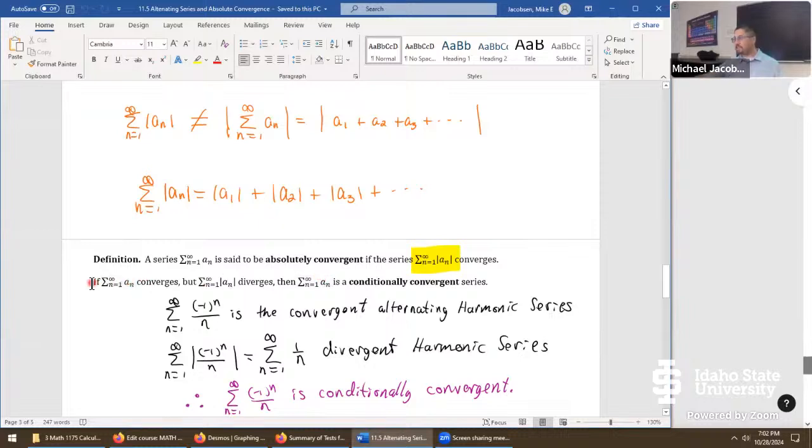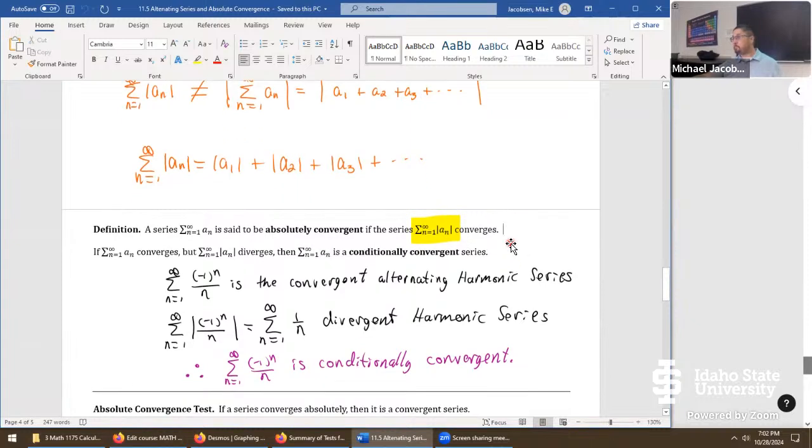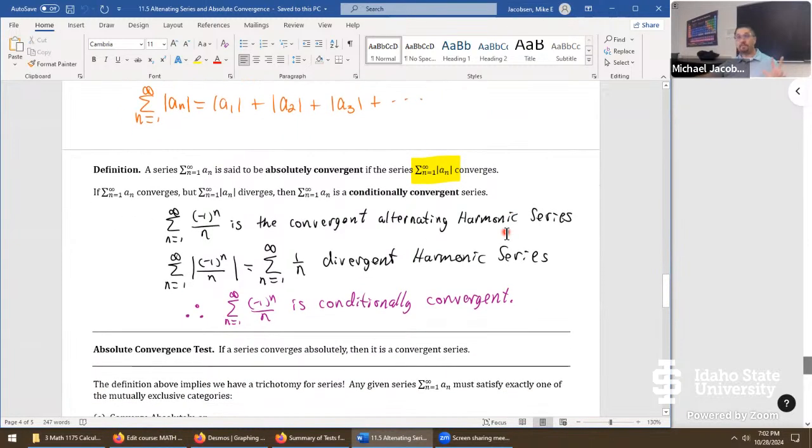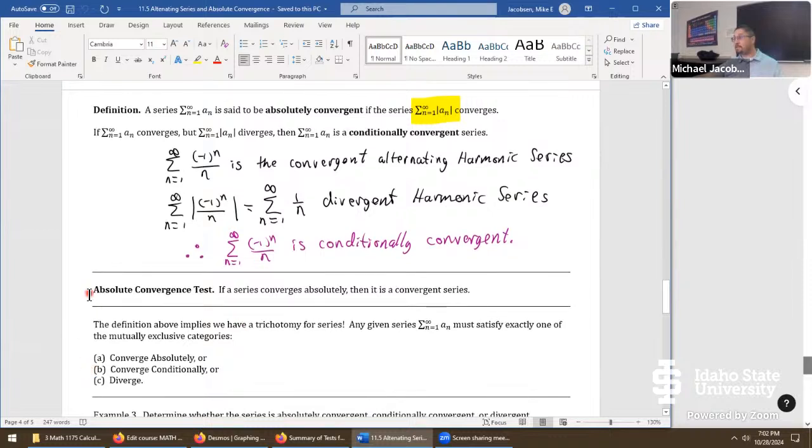Again, what we mean by that is the original series converges. That's what happens on this line. But when we took absolute values of all the terms, it diverged. That's what happened on this line right here. So we call the whole thing conditionally convergent. One way to think about it is it's convergent on the condition you didn't do that, put absolute values on every single term. But the bigger story here is we now have an honest-to-goodness trichotomy and a brand new test